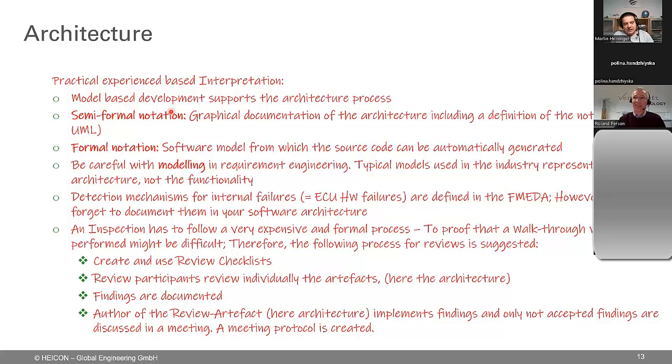First of all, the model I mentioned in the requirements. In the architecture, we have model-based development, and this supports the architecture process very heavily. As we do not have an existing specification model, all the models we have are created in the end in the architecture. So it's very valuable for functional safety if you model your software process, because you can then automatically generate your